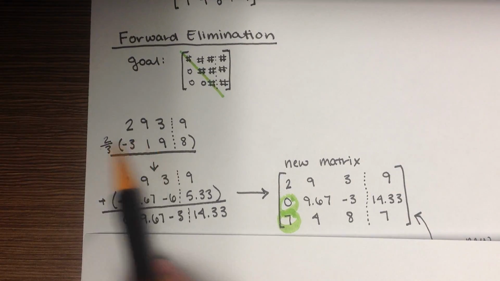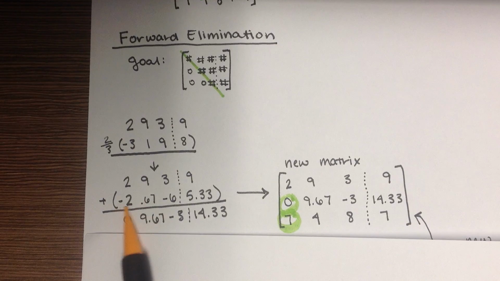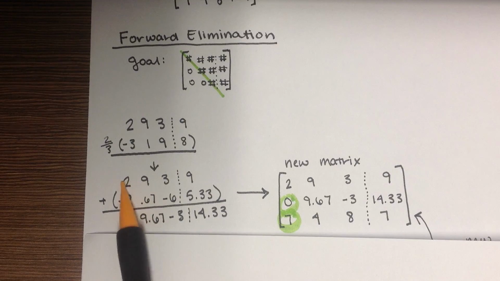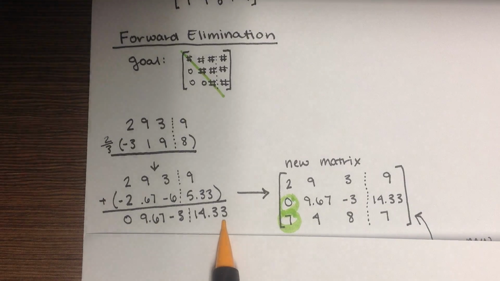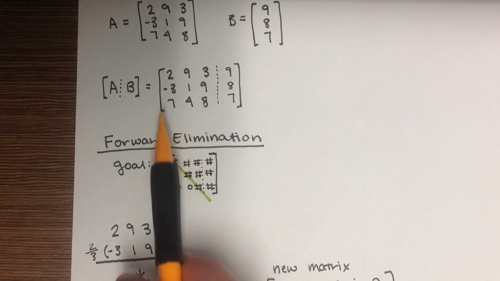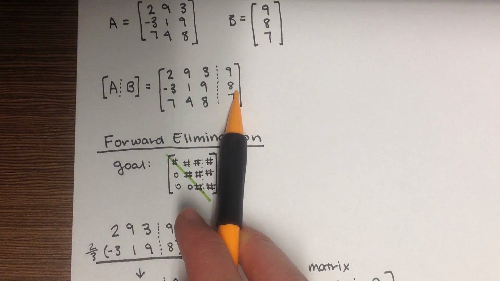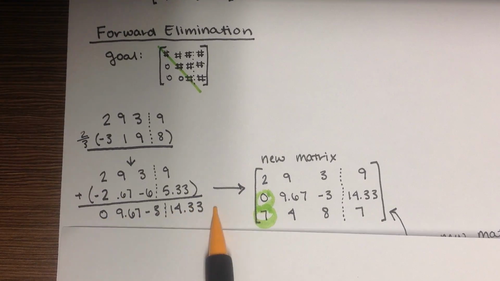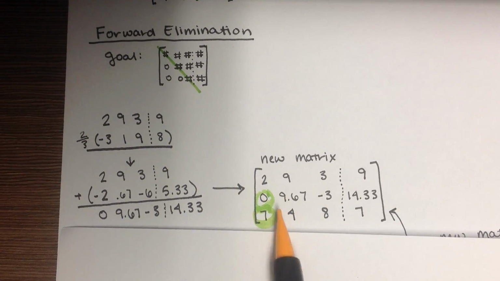And then you're going to keep multiplying these through. For example, 2/3 times 1 is 2/3, or 0.67. You're going to continue multiplying that out, and then add it to the row on top of that to get this final row. This row is going to replace the row that was currently in spot 2 that we just altered. So you're going to get a new matrix whose second row is this row that we just created. From there, we've just gotten this 0 right here, and we want this 7,